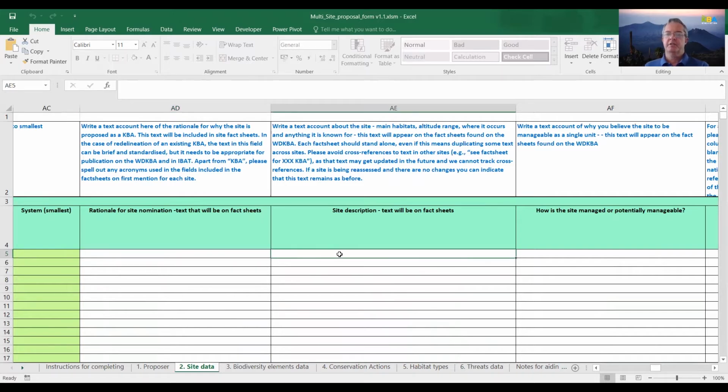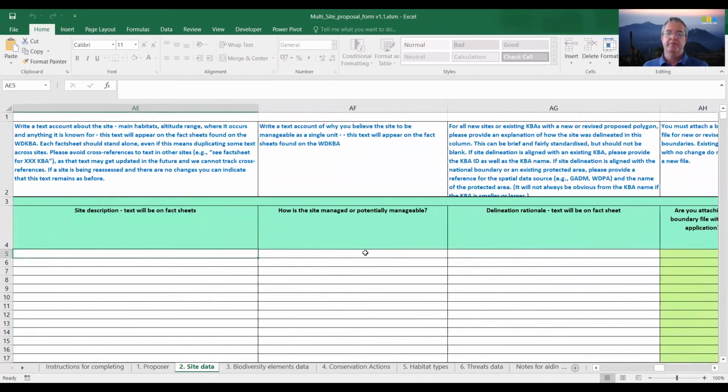Site description is a general description about the site. If you look at some of the fact sheets, you'll get an idea of what that can be, but it's usually a description of the main types of habitats, where it occurs in the country, how it's managed to some extent. And then in the third cell here, we want more information about why you think the site is a